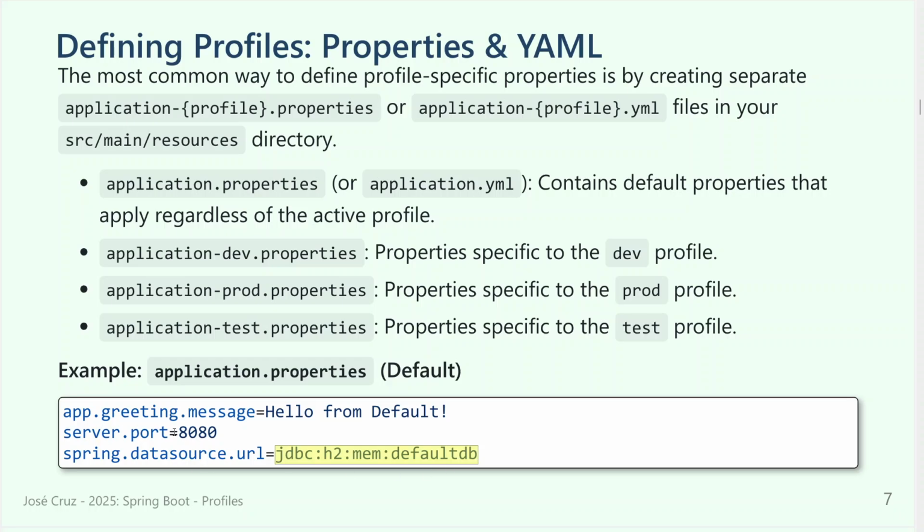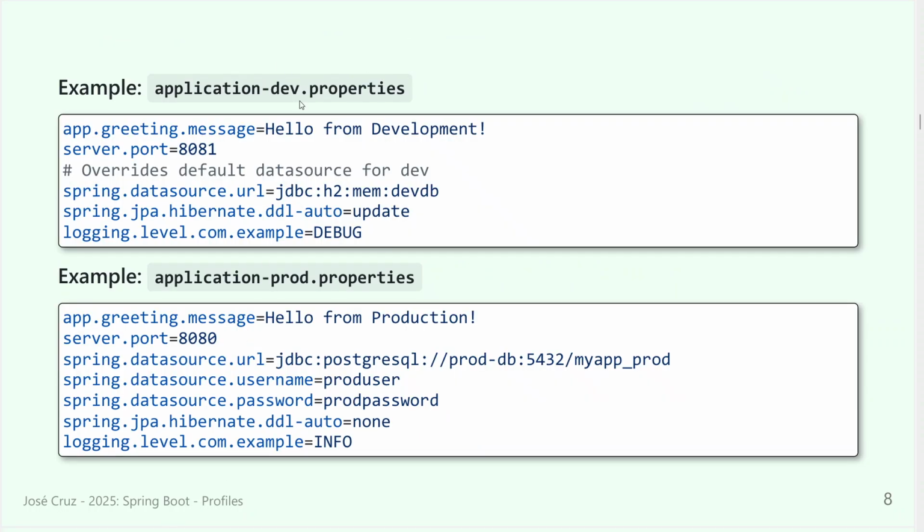This should be the same, of course, because the beans expect the same property name. In this case, it's a property name for Spring and Tomcat, so you don't change this part, but we'll change this port number probably when we switch between these files here. Let's see, for instance, an example for dev will be something like, okay, we have a greeting message, a port